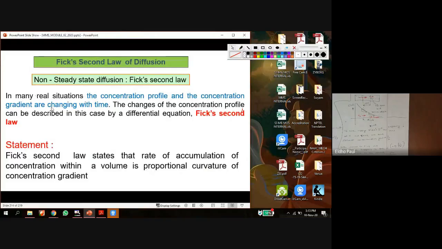Fick's second law, and this time non-steady state diffusion. I will explain that later. So Fick's first law explained